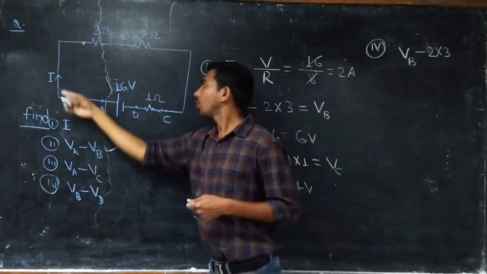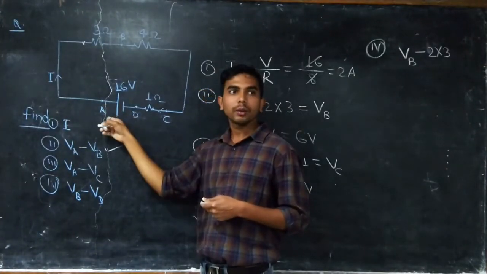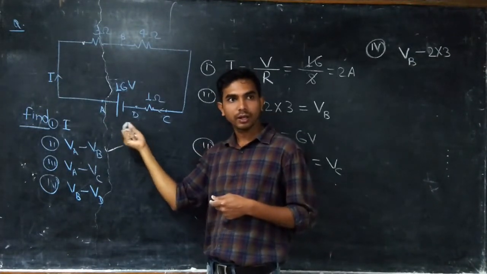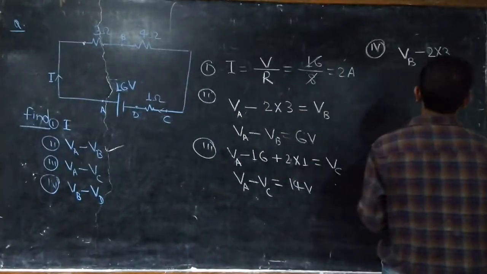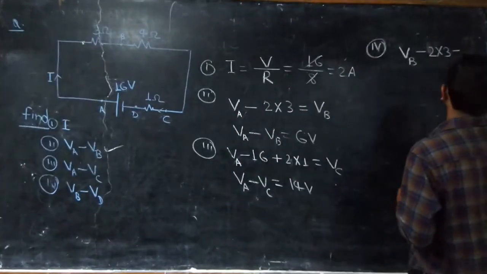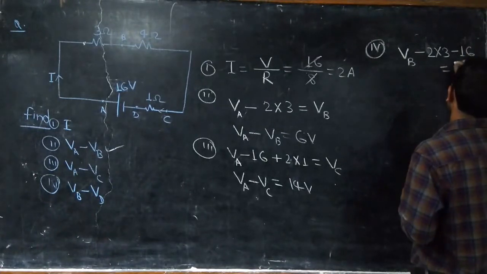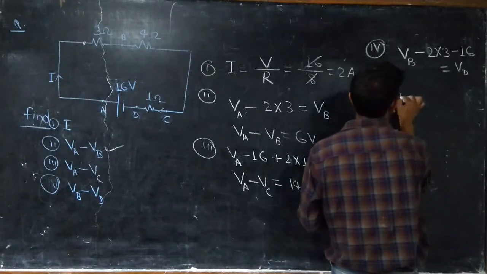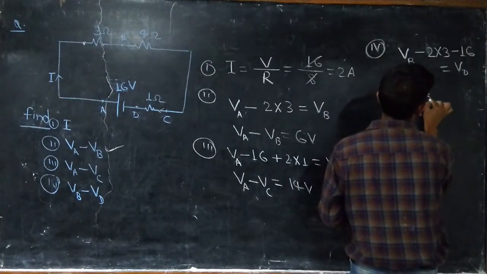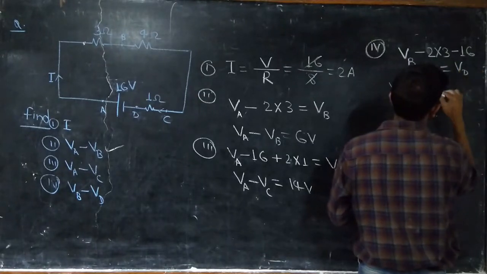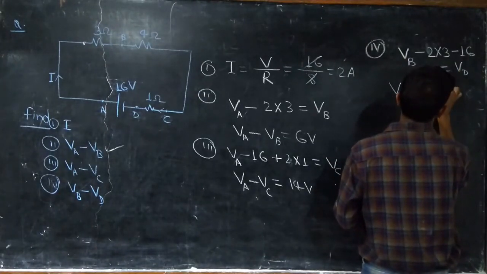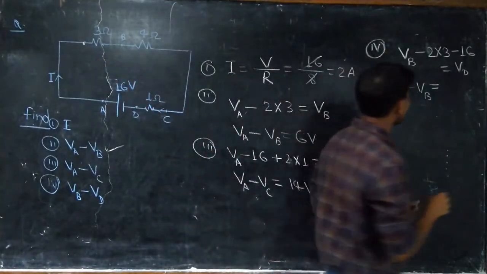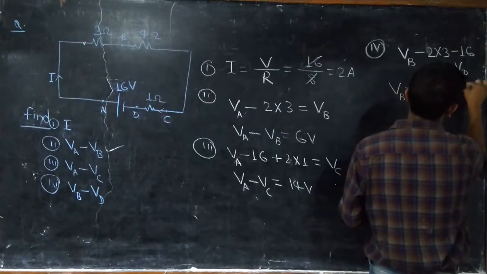And again to cross this one, higher potential side is coming, that means potential is decreasing, higher to lower now. So again we have to put negative sign, and that will be 16, and this will be equal to the potential at point D, right? So further we can write VA minus VD is equal to, if I shift to that side, this value will come 6, now 22 volt, right?